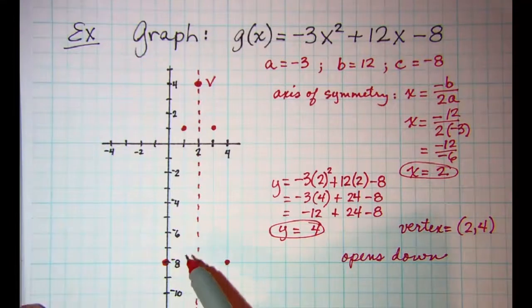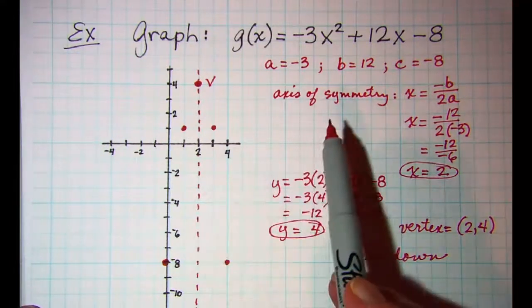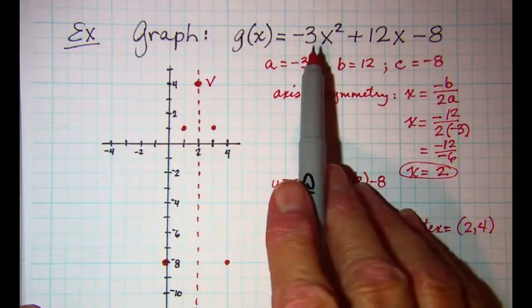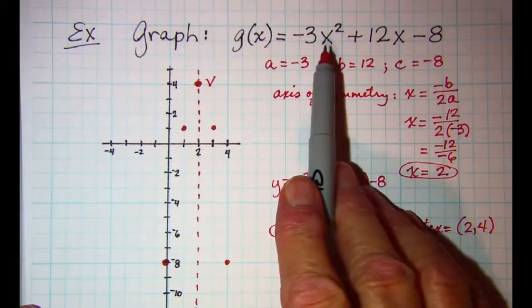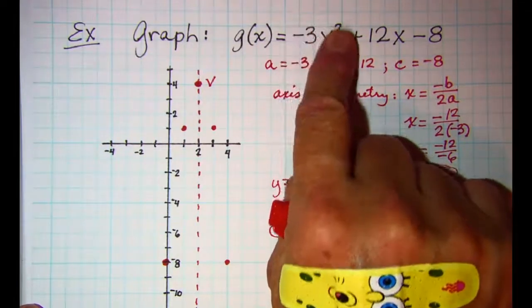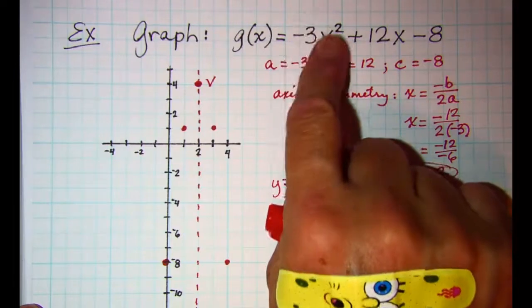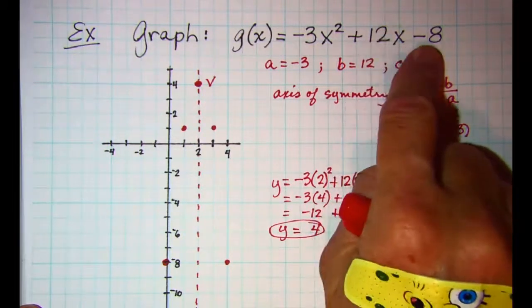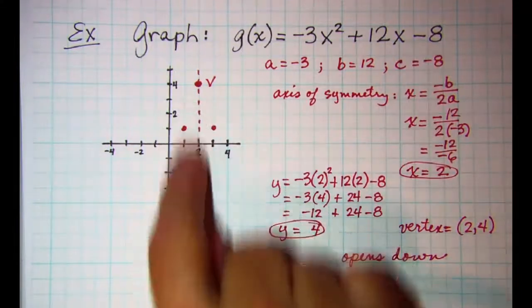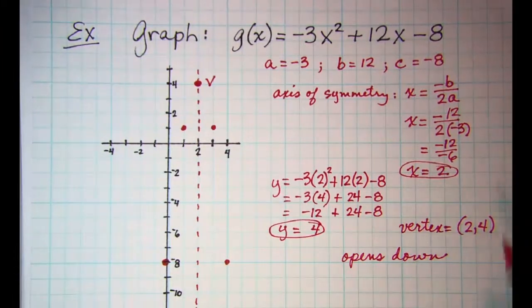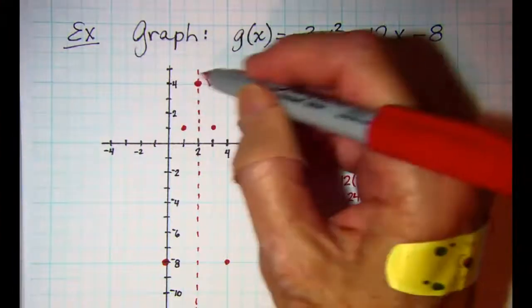Now you can also ask yourself, what is the y-intercept on this equation? If we let x equals 0 to find the y-intercept, this term would be gone because x equals 0 makes that term go away. This term would be gone, and you can see that y equals negative 8 is my y-intercept. So that's another way to check and make sure everything's good to go. So our parabola